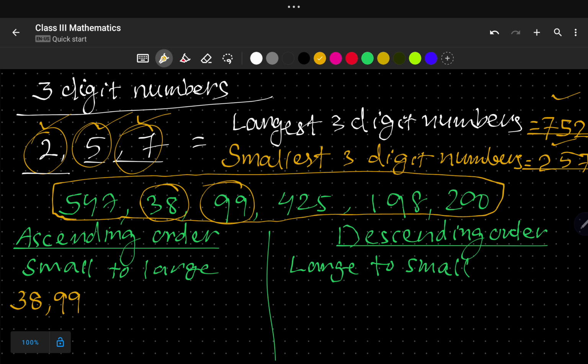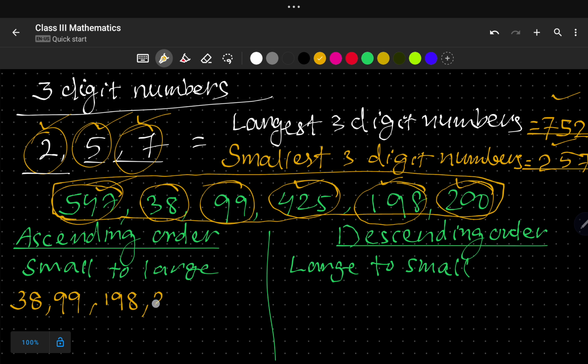Here you can see the place value of the three digits. Here it's 1 and here it is 2, then it's 4 and this is 5. 100, 200, 400 and 500. In this way we'll write the sequence 198, 200, 425,